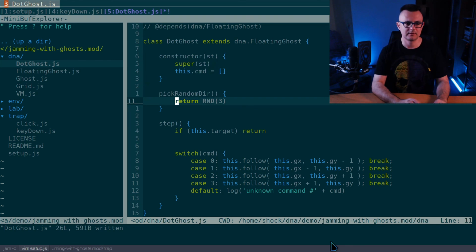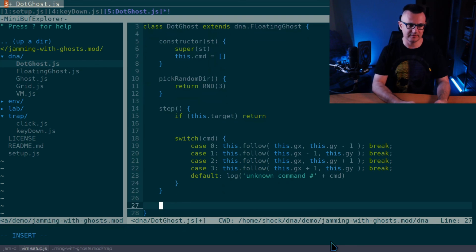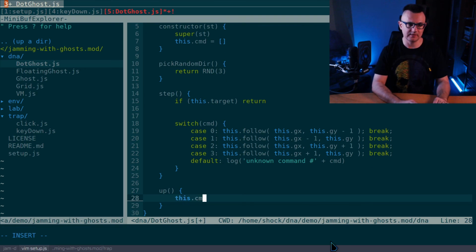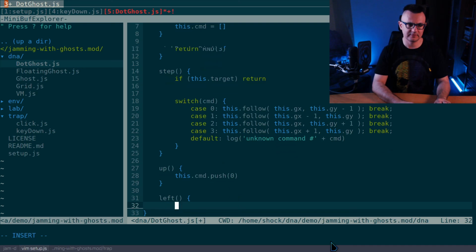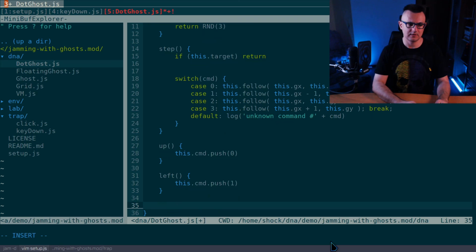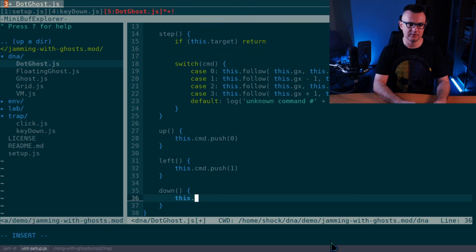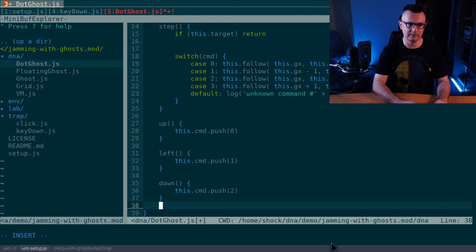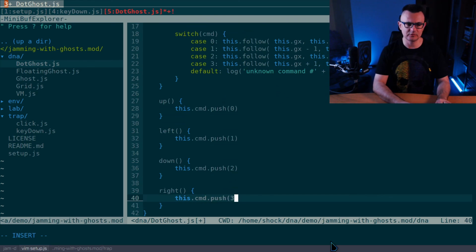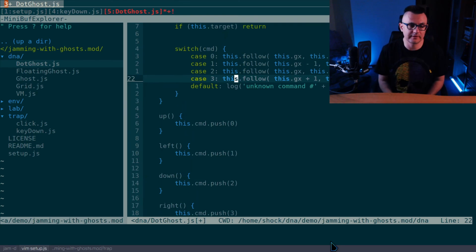And definitely there's gonna be those functions like up, and for up we'll say cmd push 0, left cmd push 1, down cmd push 2, and right, it's gonna be cmd push 3, something like that. Up, left, down, right. And we have all the commands,